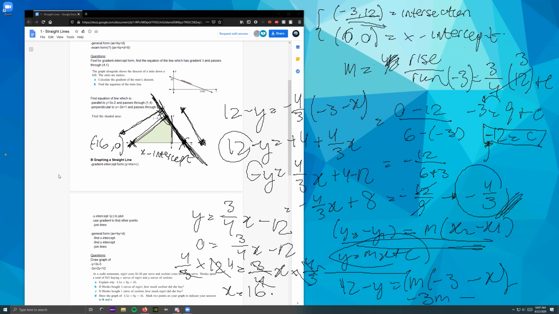Because since this is perpendicular, you have to switch it. You have to do m1 equals minus 1 over m2. So you switch it and it turns into 3 over 4. And then after you insert, you get